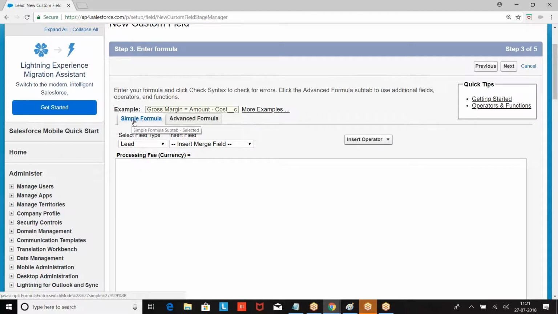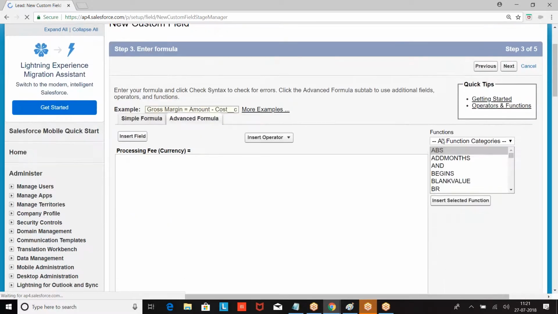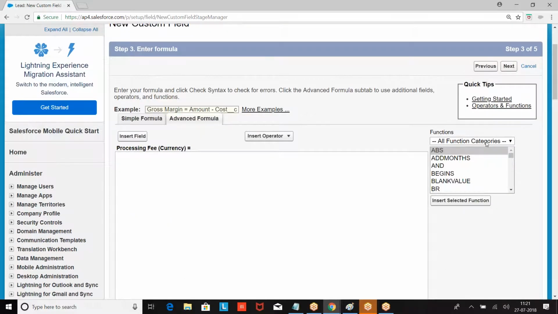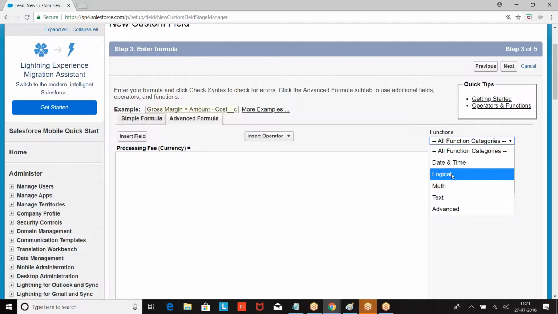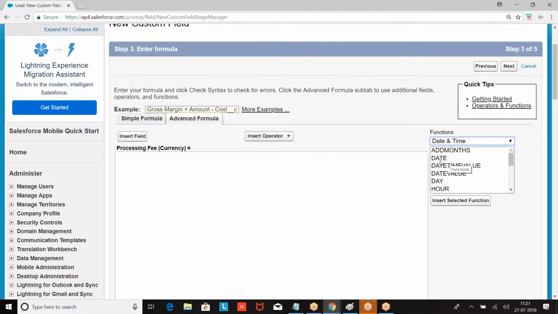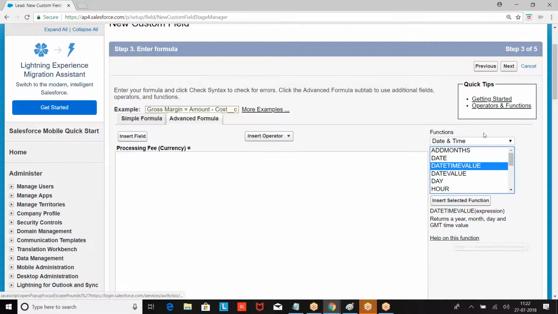Then we add simple formula, advanced formula. When I say advanced formula, we add some functions here. What are the functions? Date, time value. What is the date time value? It is going to give date and time value. So there are a lot of functions here.